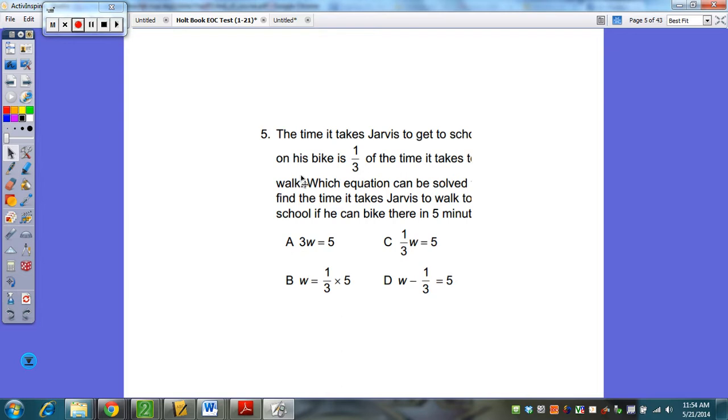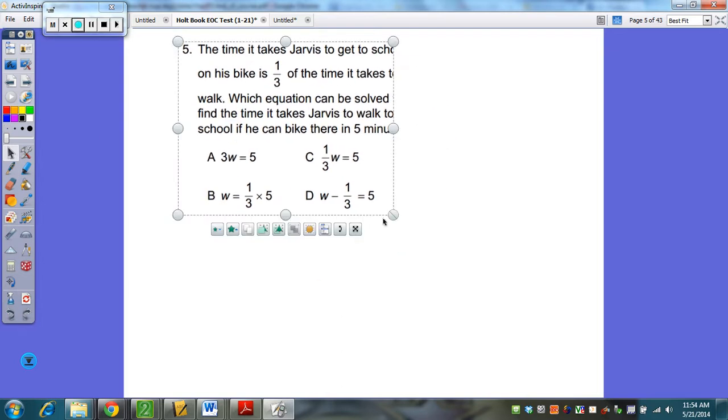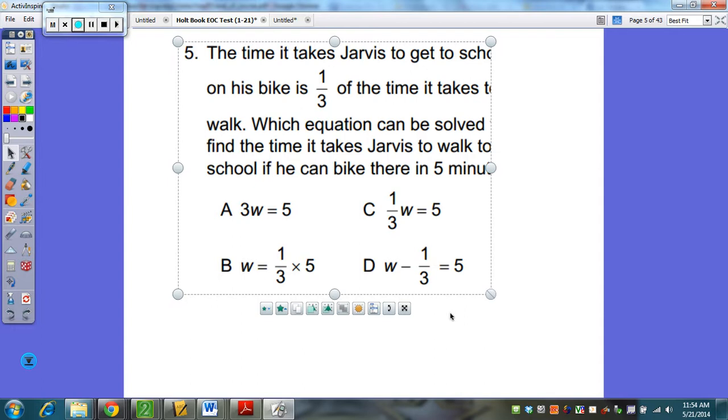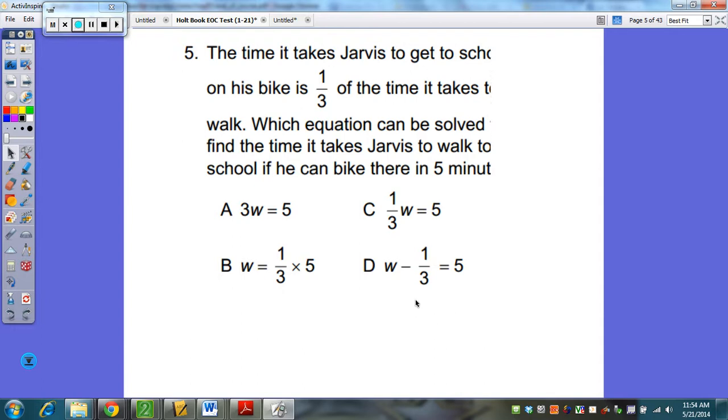Okay, so number 5, so the time that it takes for Jarvis to get to school on his bike is 1/3 of the time it takes to walk. Which equation can be solved to find the time it takes Jarvis to walk to school if he can bike there in 5 minutes? So I want to know, what's the comparison of walking to riding a bike? Well, if it takes 1/3 of the time, well, then that's going to be 1/3 of the time that it